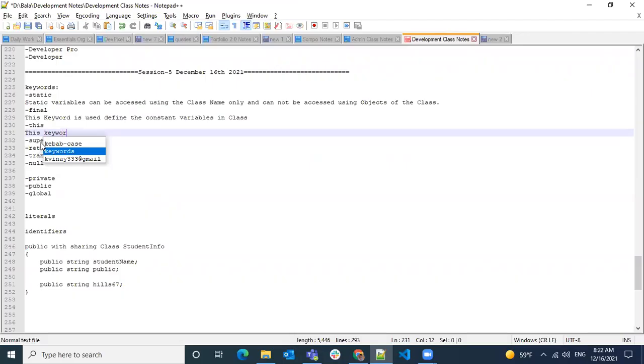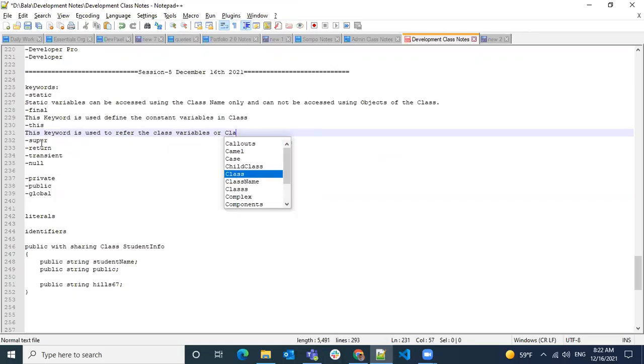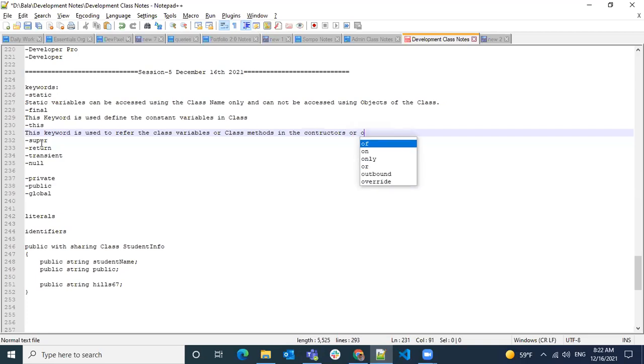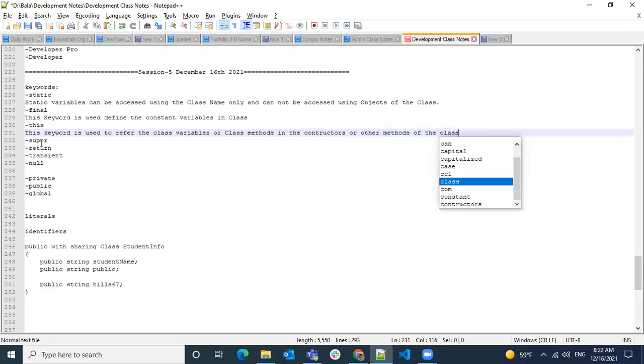So the this keyword is used to refer to the class variables or class methods in the constructors or other methods of the class.